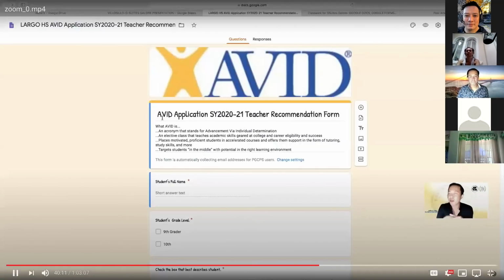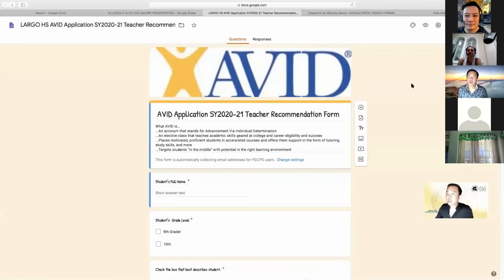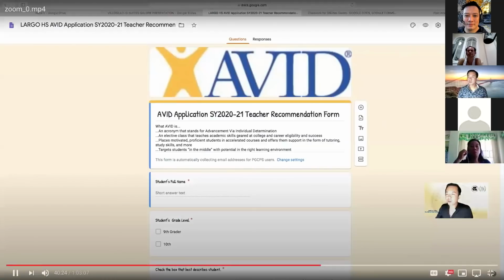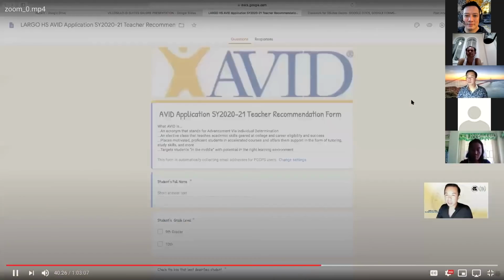And that is AVID all about. That's already a side information. But going back right here, if you can see right here, there are 3 dots in here. So if you want to add a collaborator, click that one right there and it will give you Add collaborator. Click that one right there.